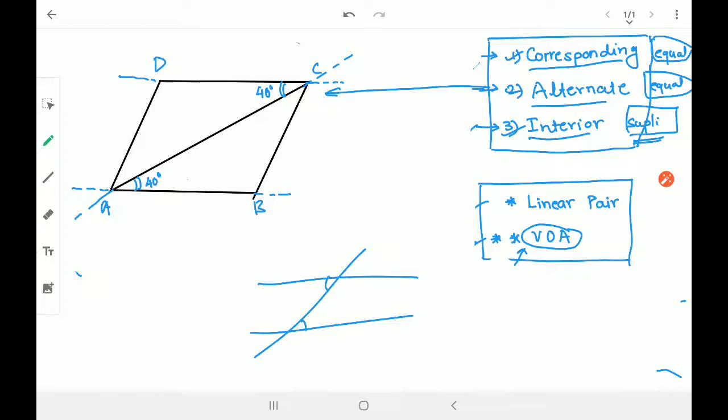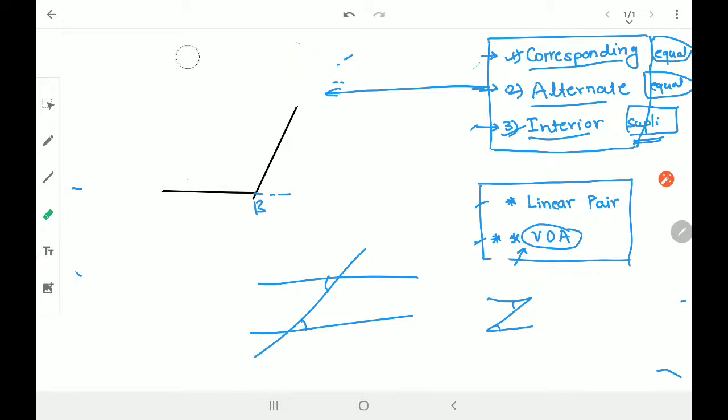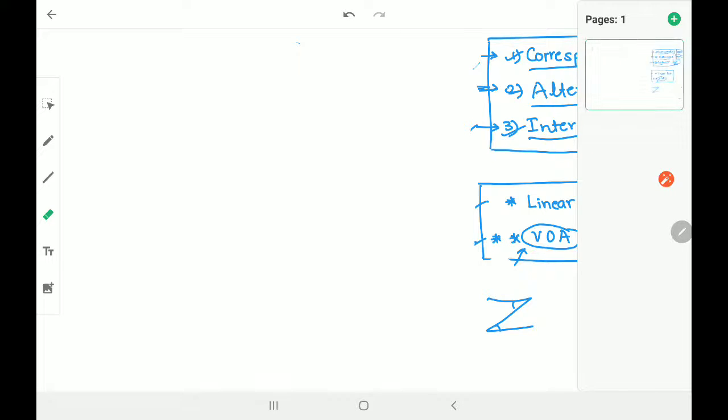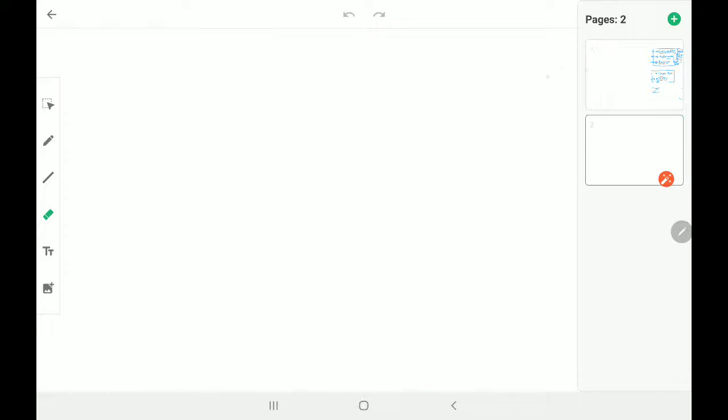करस्पॉन्डिंग तो लग नहीं रहा है, अल्टरनेट ही होगा. दैट्स इट. जेड जैसे जो भी दिख रहा है, तो ये अल्टरनेट ही होता है. ओके, एनीवे, so what I'm understanding here is nothing but the types of different angles. तो वर्टिकल अपोजिट हमने देखा एंड मे बी हमने करस्पॉन्डिंग एंगल देखा. तो चेक करते हैं, अभी नेक्स्ट पार्ट देखते हैं पैरेललोग्राम क्या होता है.